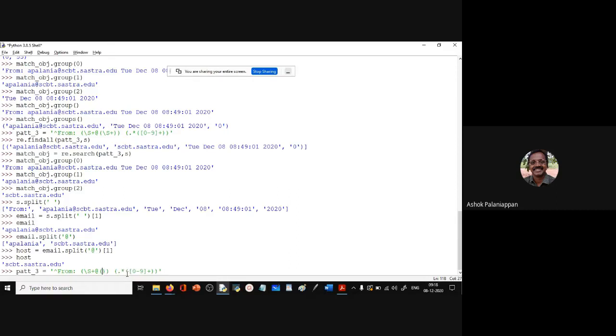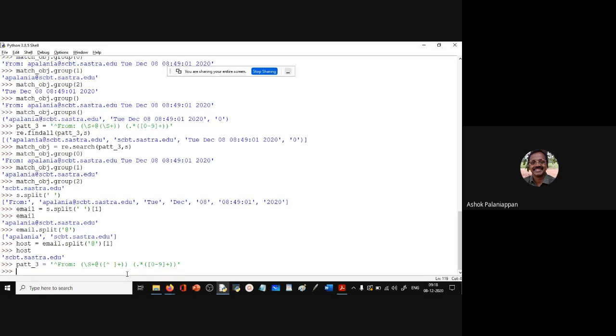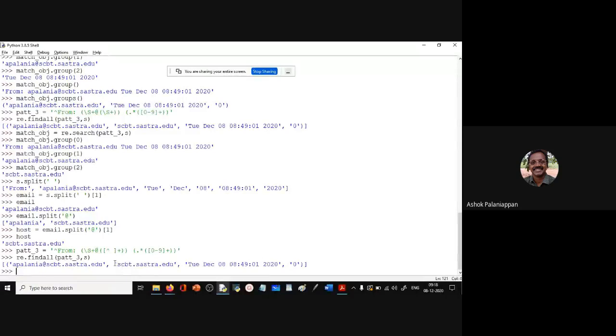Instead of that, we can use what are the allowed characters. I can invert the sense, and I can put a space here, and I can say anything but a space is allowed here. Okay, and then I do a plus of that, and let's see what happens. And now I say re.findall of pat_3, s, and you see I get the same thing.